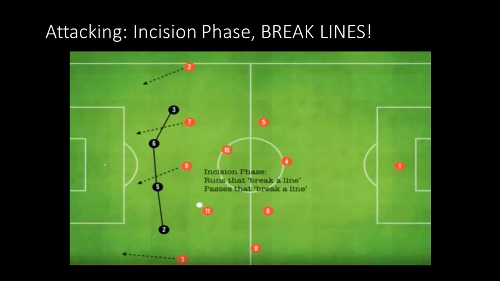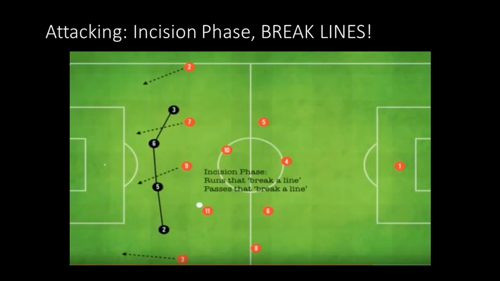When you get to the end line, there's no more field to be offsides anymore. That's a key point in attacking that a lot of people don't realize. You take the ball to the end line, walk the end line, serve a ball from the end line, everybody's onside at that point. And if you can't get a cross off, maybe get a corner kick, which is also a positive set piece for us in that area that we'll be prepared for as well on the offensive end.